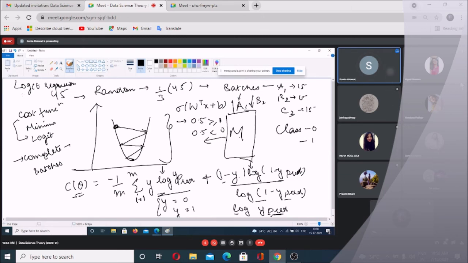So if the prediction is low, then we can simply say that the cost will be high for the positive instances and it is low for the negative instances. That means the value for class 1 will be having the probability values or probability estimation closer to 0. Is it clear to everyone? Log of 0, log of 0.1, log of 0.2 will give you values closer to infinity. चेक करके देख लेना. Log of 0 is infinity, log of 0.1 is, क्योंकि